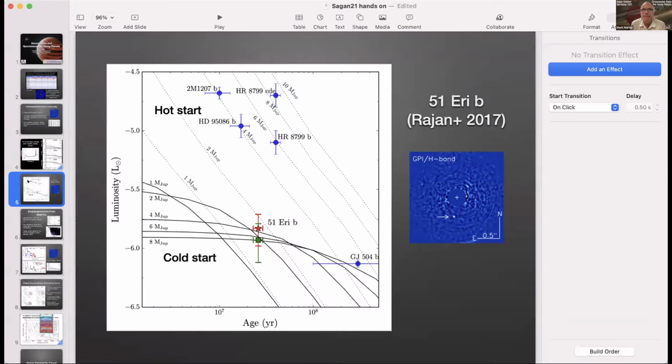And so here's an example of looking at 51 Eri B. This figure is from Rajan et al. in 2017. And again, we see the hot start models in dotted lines, the cold start models in solid. And there's 51 Eri B at an age of about 25 million years or so. You can see that the luminosity is low enough, and the age is young enough, that this planet could have formed either through core accretion, through these cold start models, or through a hot start case coming down from the top left. And so this is sort of the first step in understanding, okay, what are the possible formation